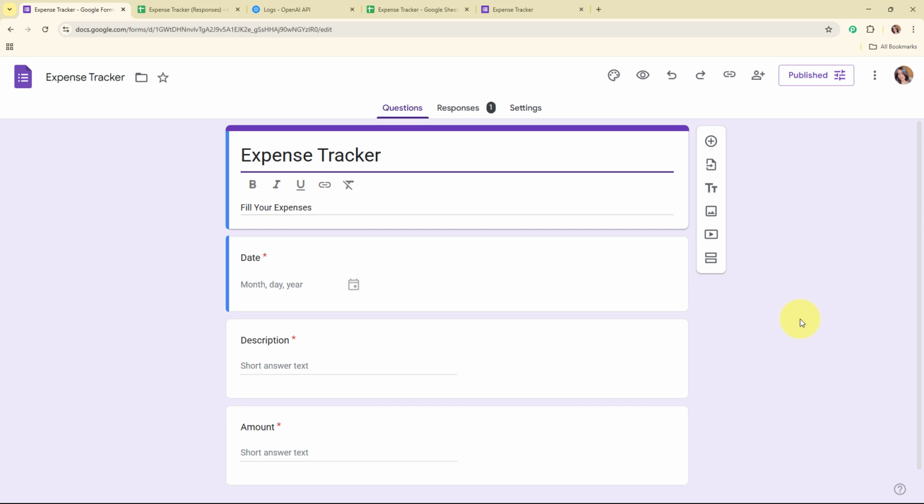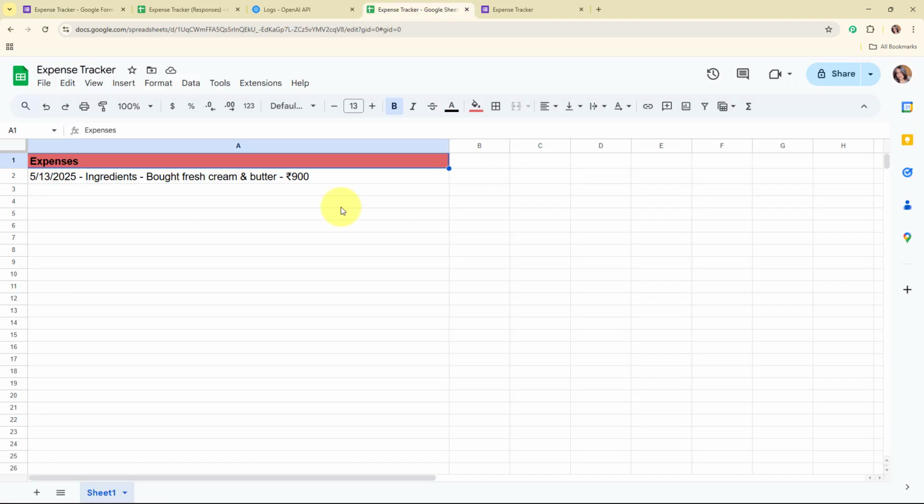Now I simply log each expense through a form, and an AI agent automatically categorizes and organizes everything in a clear expense tracker. It summarizes my daily spending, helps me monitor where my money is going and keeps my budget on track. I no longer need to hire an accountant or spend hours doing manual data entry. This smart setup saves me time and keeps my bakery finances in order effortlessly.